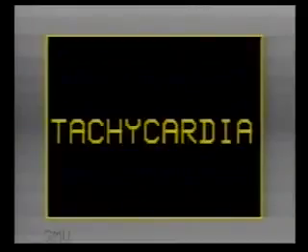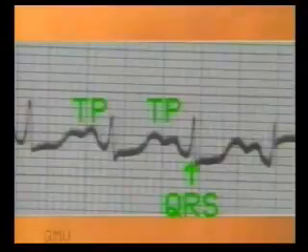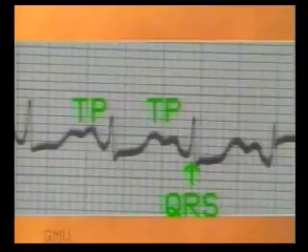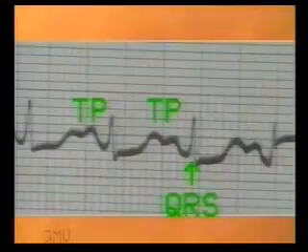Tachycardia. Tachycardia has to be differentiated mainly as to its origin, whether it is sinus tachycardia, paroxysmal supraventricular tachycardia, ventricular tachycardia, or atrial flutter fibrillation. First we have to see whether the QRS complexes are normal or abnormal and whether P waves are present. If the QRS complex is normal, it means that the origin of the tachycardia is above the AV node, sinus or supraventricular tachycardia. Presence of P wave is another definite indication of supraventricular origin.